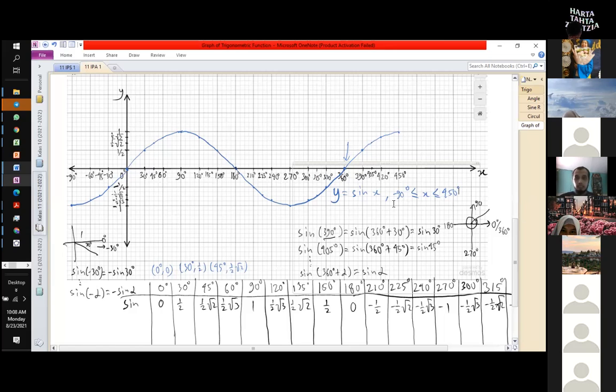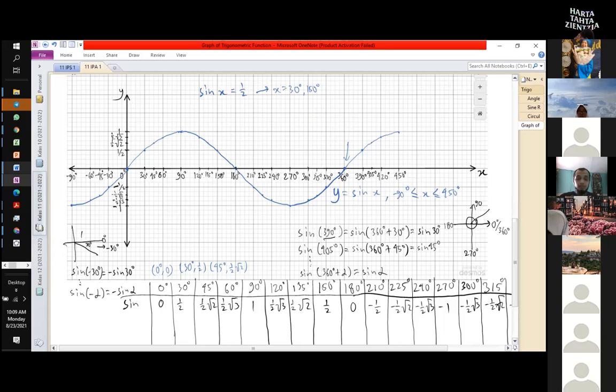Probably in the next meeting we will also talk about solving trigonometric equations using the help of the trigonometric graph. Contoh misalnya kita punya persamaan sin X sama dengan setengah. Kita bisa langsung lihat ke tabelnya tadi. Yang setengah mana saja, 30 derajat, 150 derajat. Dari situ kita bisa simpulkan X yang memenuhi, kalau X-nya antara 0 sampai 360 derajat, berarti X-nya 30 derajat atau 150 derajat.